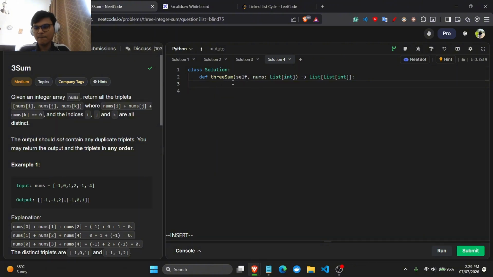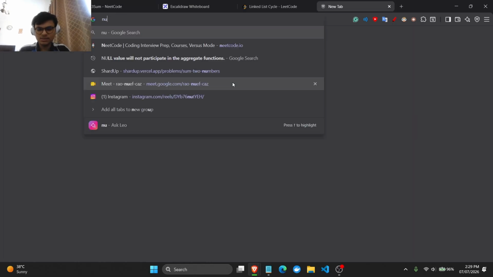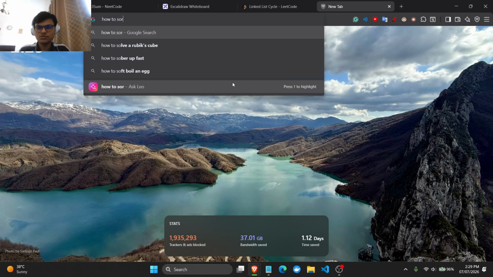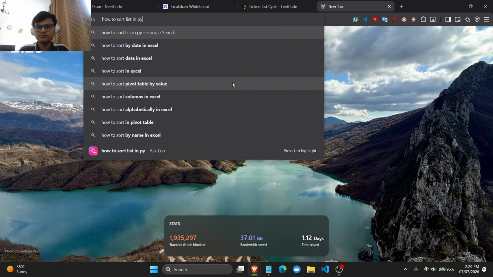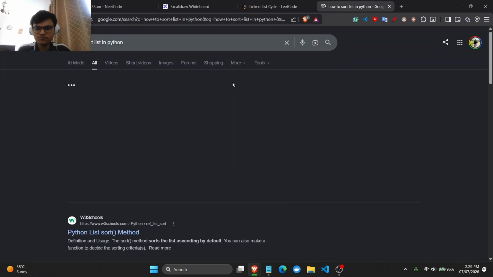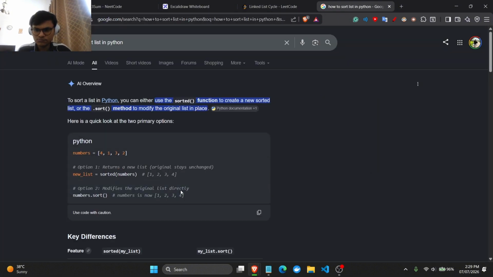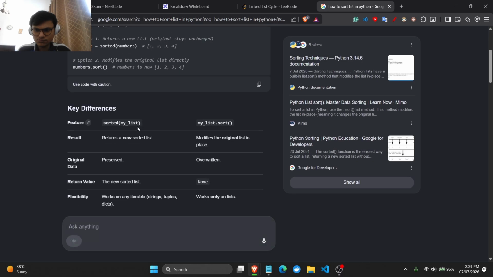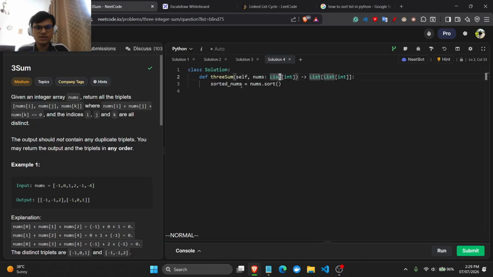So we'll say sorted nums is equal to nums dot sort. Okay, so the reason why we do sort is because we want to avoid duplicates, and